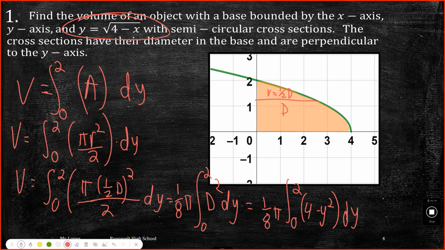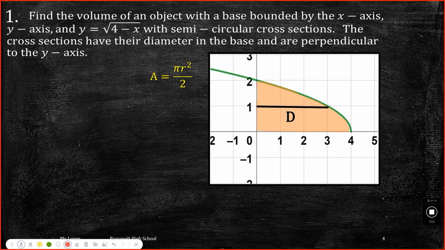Put that in the calculator, and I hope that gives you the correct answer. What do you guys get? 2 pi over